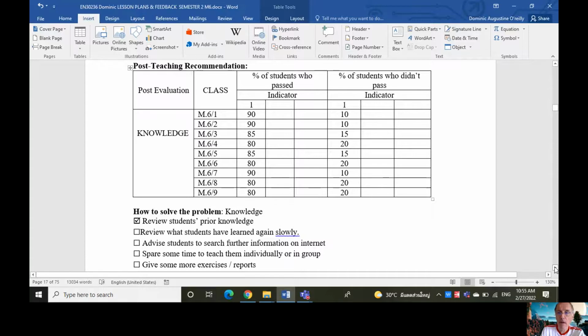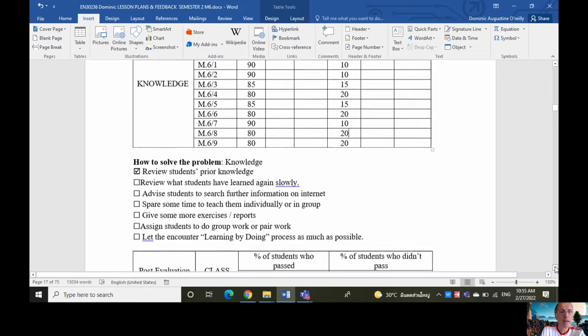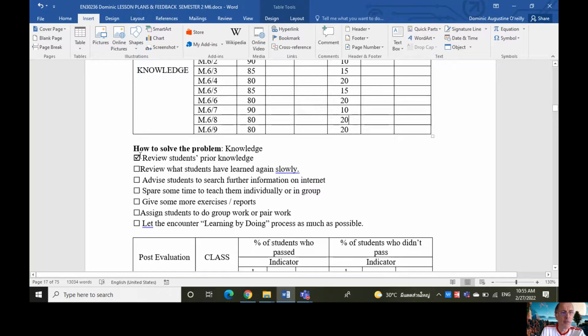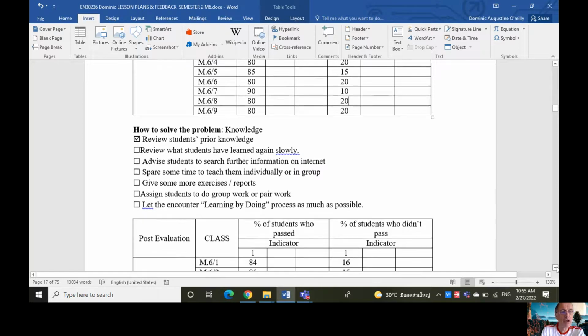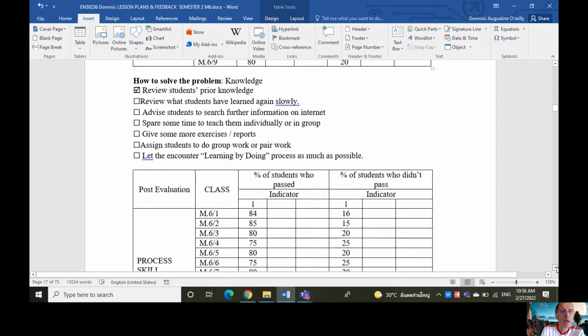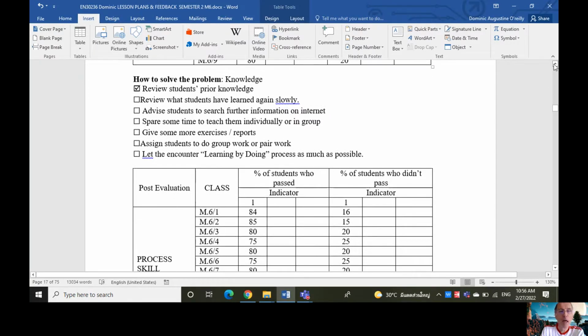Okay. Now, within the lesson, we saw that we reviewed students' prior knowledge. So that box is ticked there. So how to solve the problem? How to solve the problem of these students not grasping. Okay. Now, the next area is skill. Now, as your process skill. So, as you know,